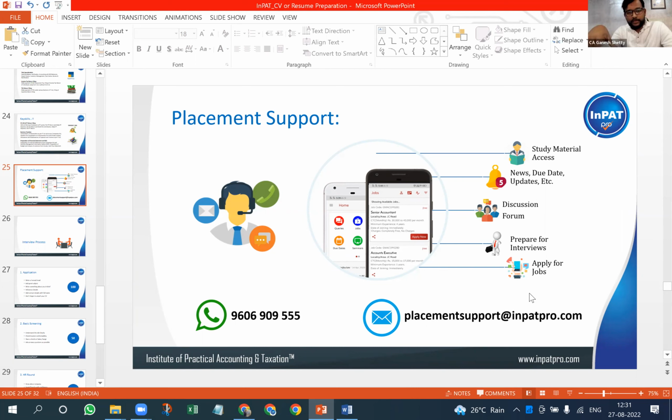Selection for the job is your task; only processing the application is our responsibility or any recruiter's responsibility. Selection, nobody will do for you. So you have to get more job openings and apply to all of them, and only then will you get the relevant job, and it should be your dream job. Don't compromise on the job; give it proper time and wait for the right job. Don't rush to accept any job which is not suitable for you.